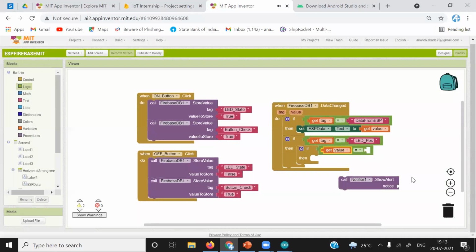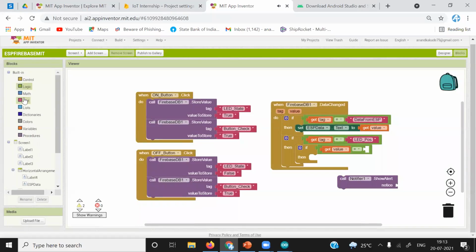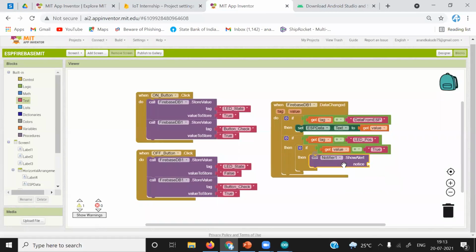Get value we have received as true in string TRUE. Then what you want to do is notify as LED turned on. Simple.